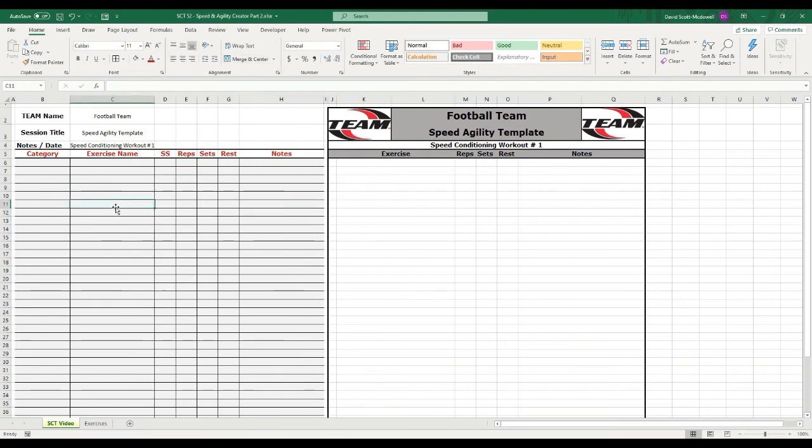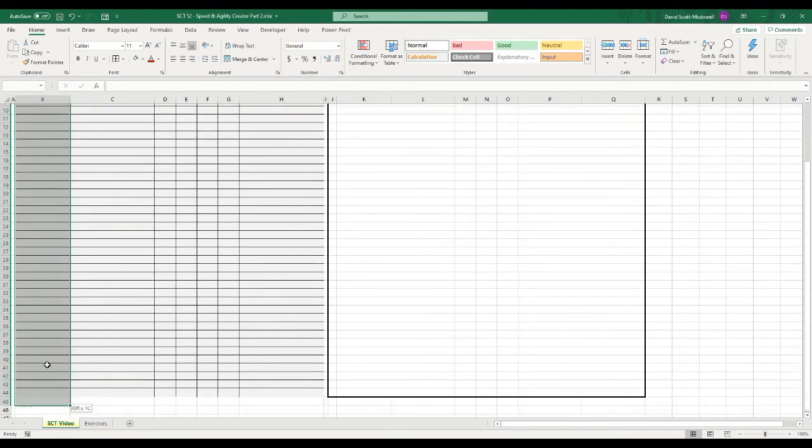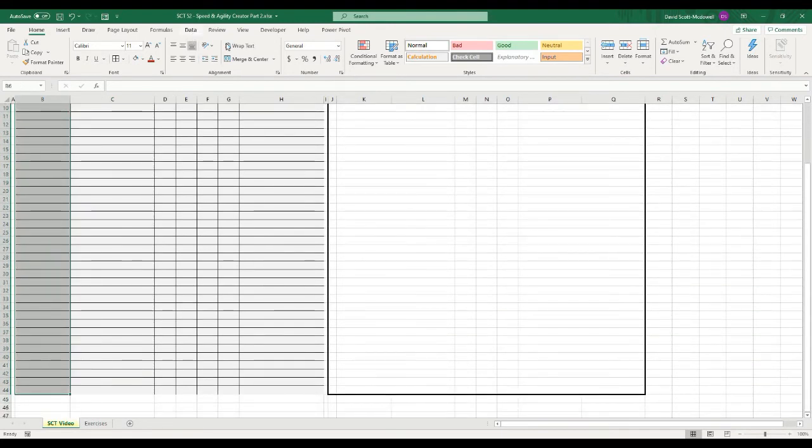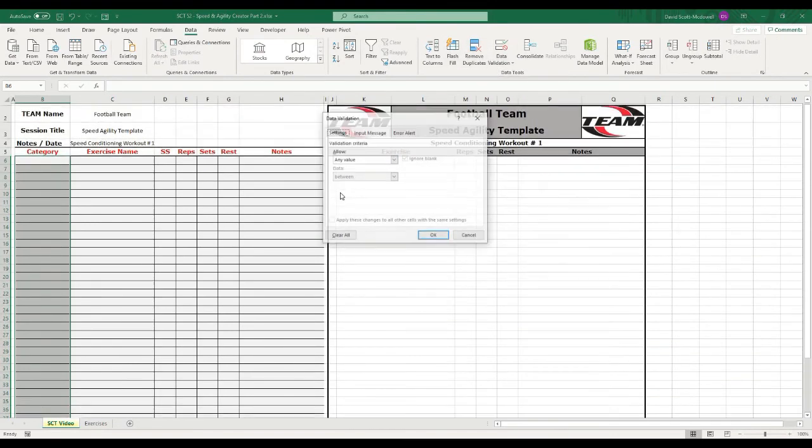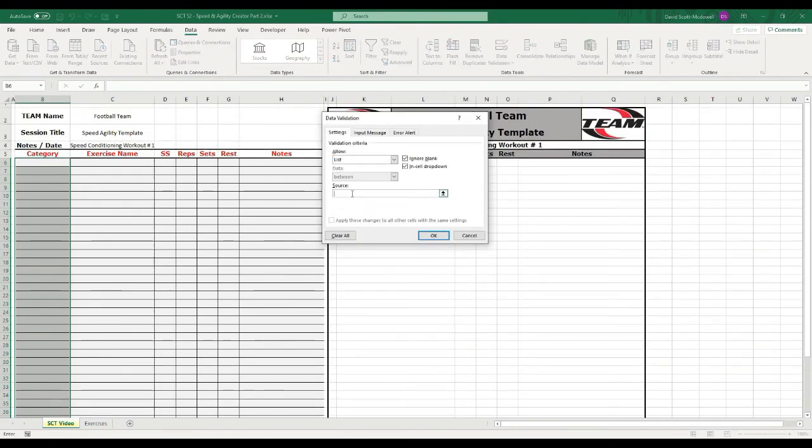So now what I want to do is I actually want to have this so that I can select my exercises out of a drop-down menu or type them in if there's other exercises that I want to use. So I'm going to select my whole category column, and I'm going to go to data validation, and I'm going to go to list, and the source that I want is going to be equals indirect, and then we need to use that table exercises that we created. So quotations TBL underscore exercises,